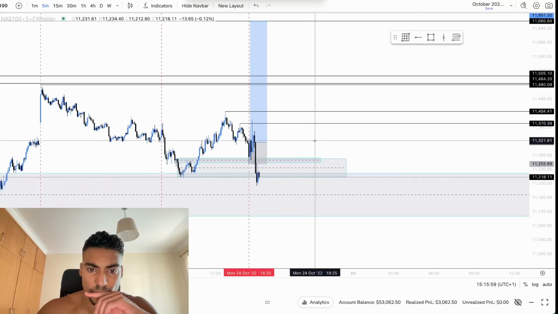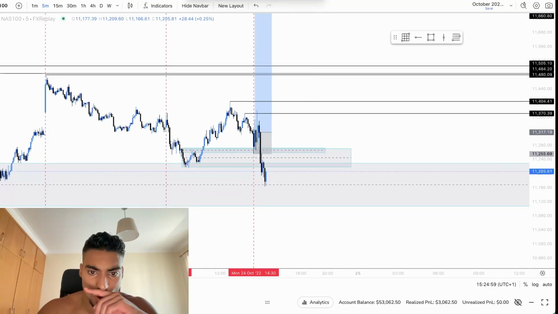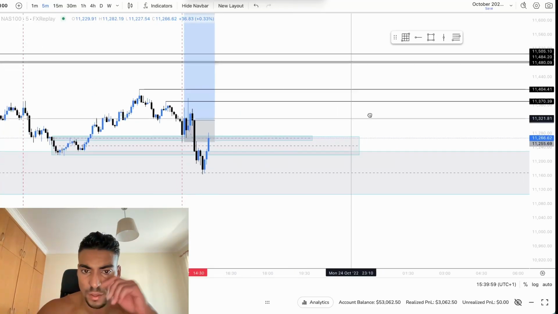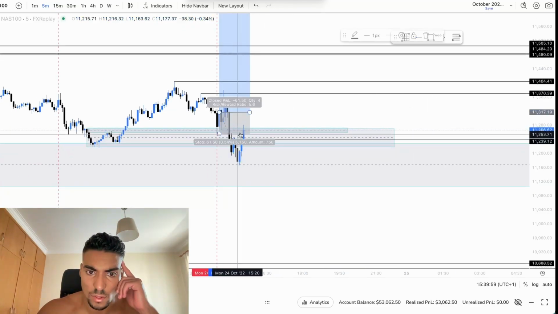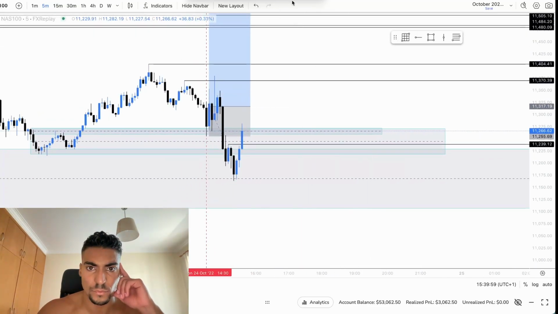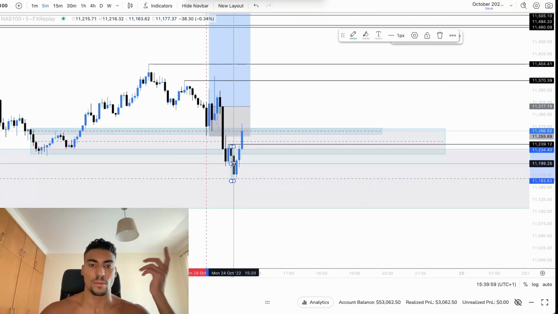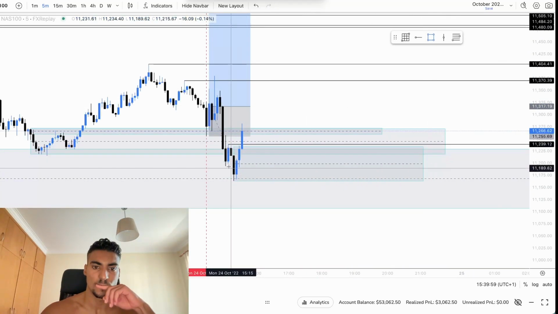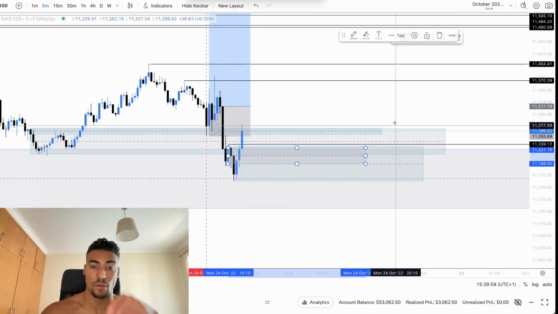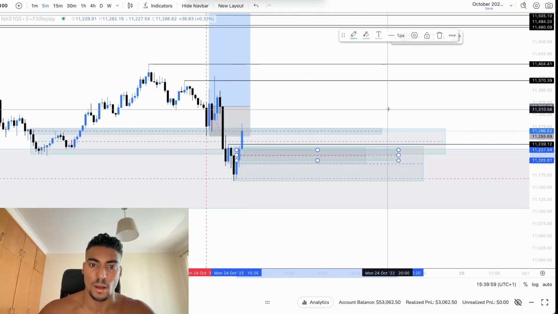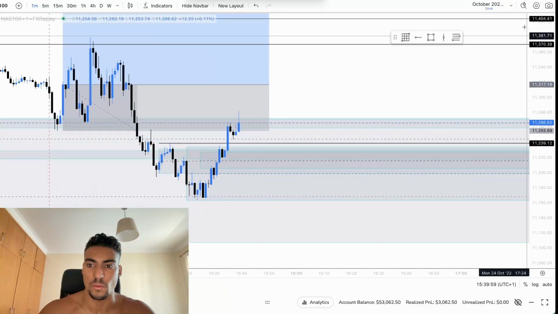Let's see what price is doing. I think we are just filling more of the fair value gap before we move higher. So if I want to trade again, I'm trading on the 5 minutes. So 5 minute break of structure right here, boom. Now I'm waiting for a retracement into an order block, breaker block, fair value gap, or equilibrium, whatever. I'm marking everything. So let's go to 1 minute. Let's see if we get something.